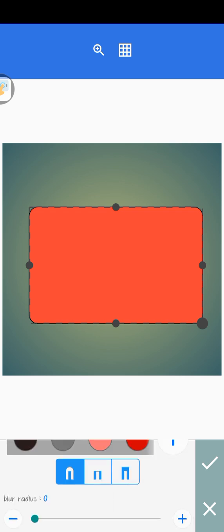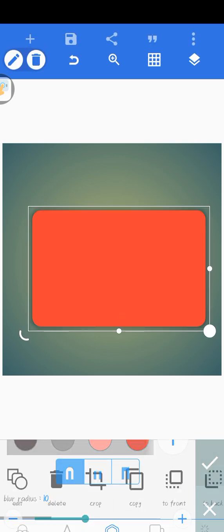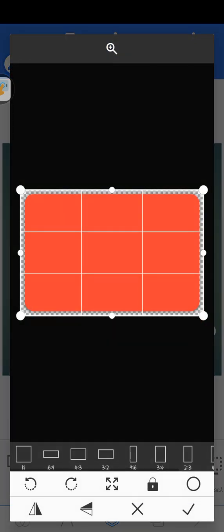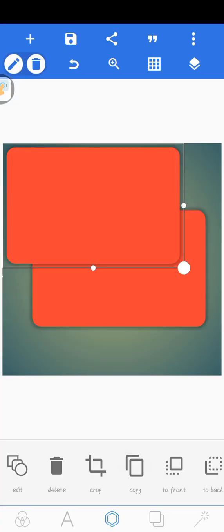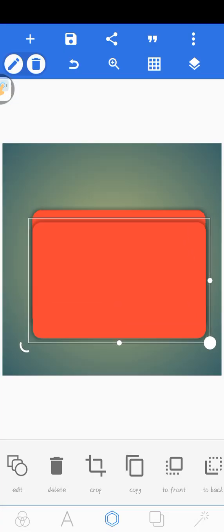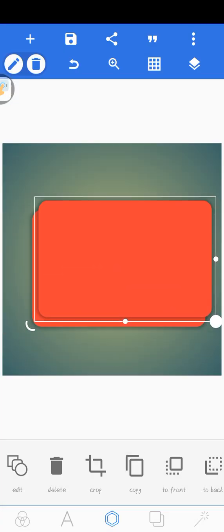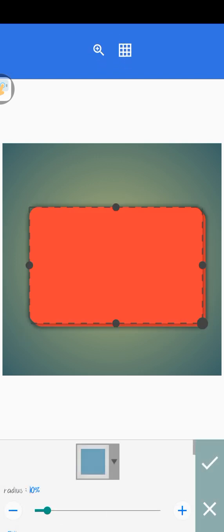Okay, I want the stroke to be blur. So you see that kind of blurry there. And maybe I need another shape there. I copy it. So copying it now, you see there is another one that I can edit also. Now editing it now,